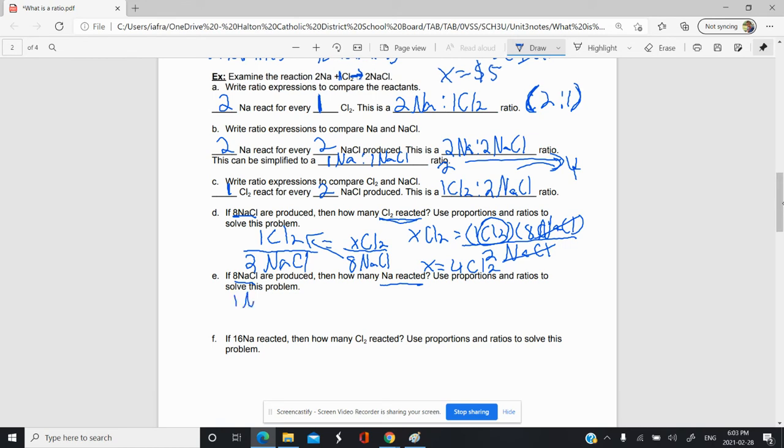So we had 1 Na based on our ratio for every 1 NaCl. Now in our circumstance, we have 8 NaCl, and we want to know how many Na we have. So we can just cross multiply, and we get the number of Na is equal to 1 sodium times 8 NaCl over